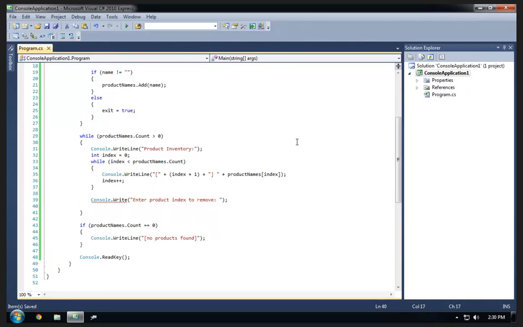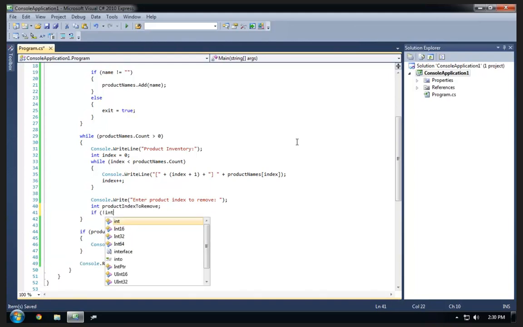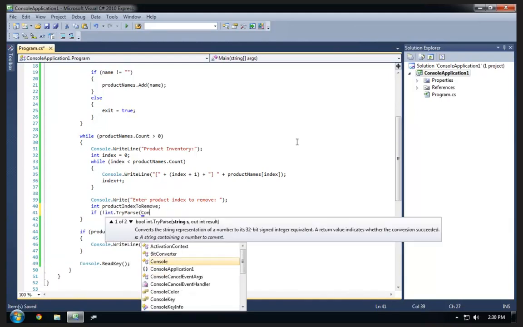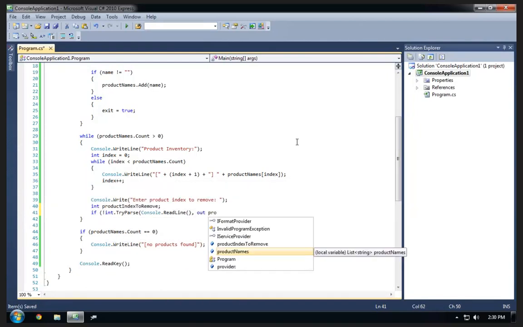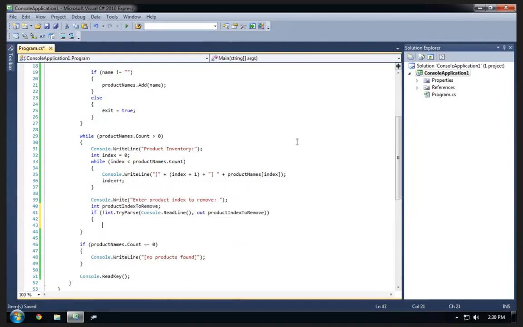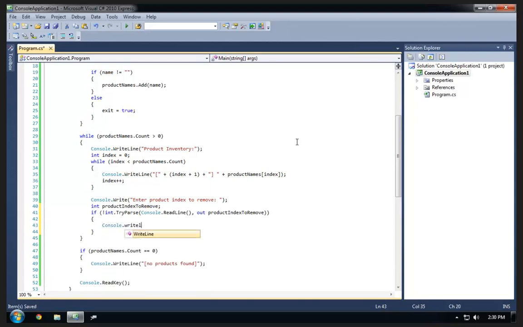And then I would say int product index to remove. If not, int.TryParse console.readLine out product index to remove. Console.WriteLine invalid input. Otherwise,